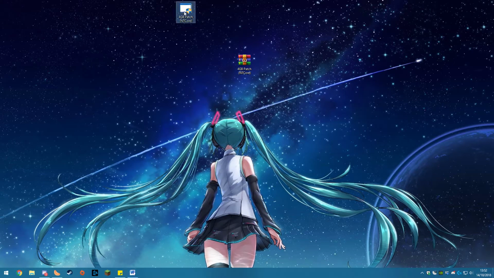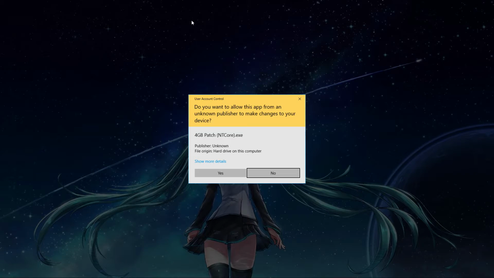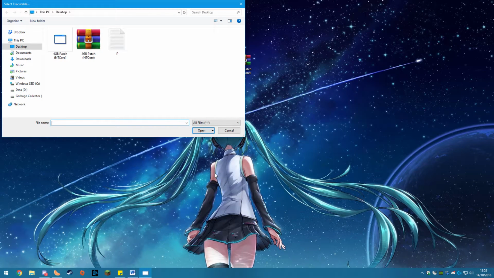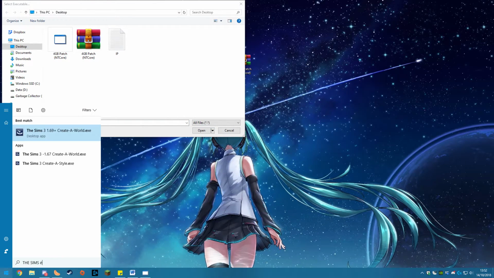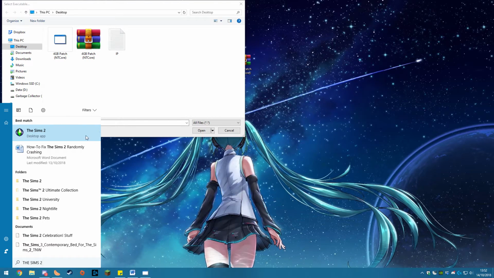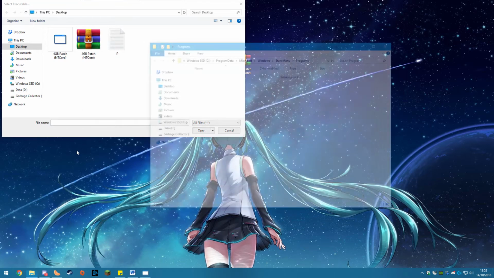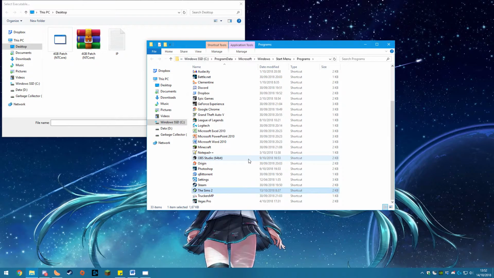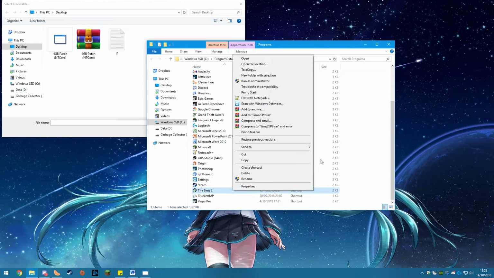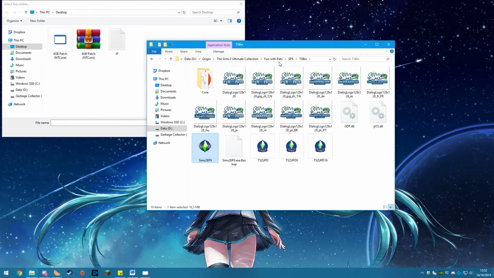Okay, now open this file by right-clicking and clicking Open as Administrator. We now need to find the folder where The Sims 2 and its executable live. This can simply be done by searching The Sims 2 in the Windows Start menu. On Windows 10 you then right-click on The Sims 2 shortcut and click Open File Location. A window should open that might contain a list of all your applications. Right-click The Sims 2 again and click Open File Location again. Now, on the top of the Windows Explorer, you click and copy the path, as shown in the video.